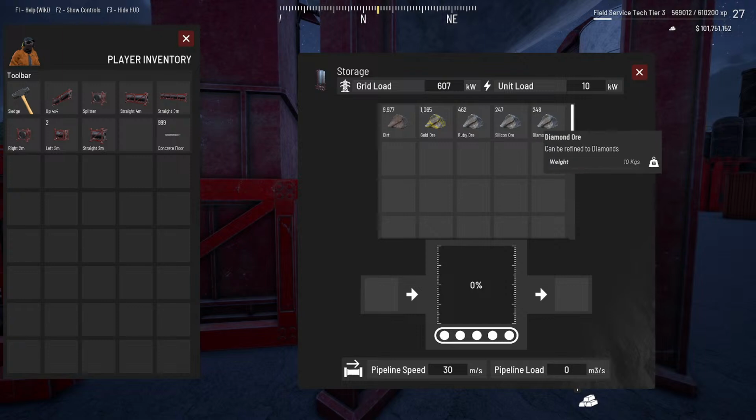I hadn't confirmed how I had these organized. So 247 was my silicon, and rubies were 462. So I'm going to copy this and put that in there. Okay, yep, so none of the percentages changed, but